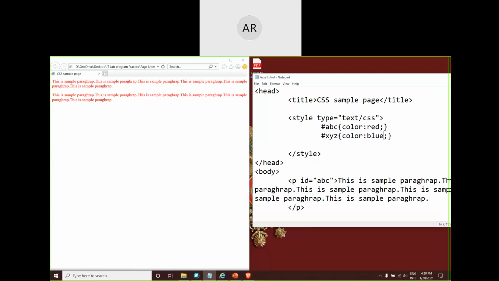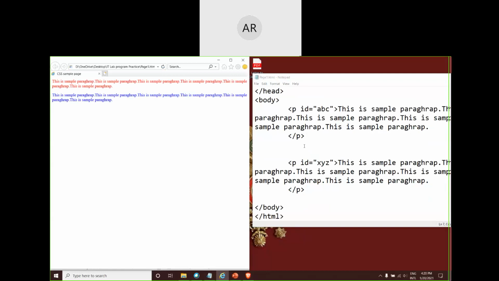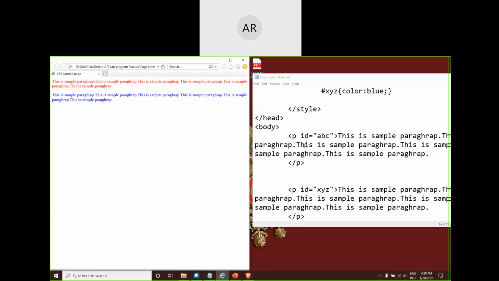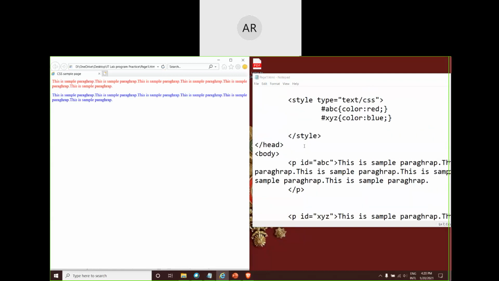Okay, let's try with this one now. Let's see what will be the output. Can you see, even though we were trying to have this paragraphs with the help of P, it was giving the same color. Now with the help of identifier, we are able to specify specifically what color should be applied for what particular type of paragraph.